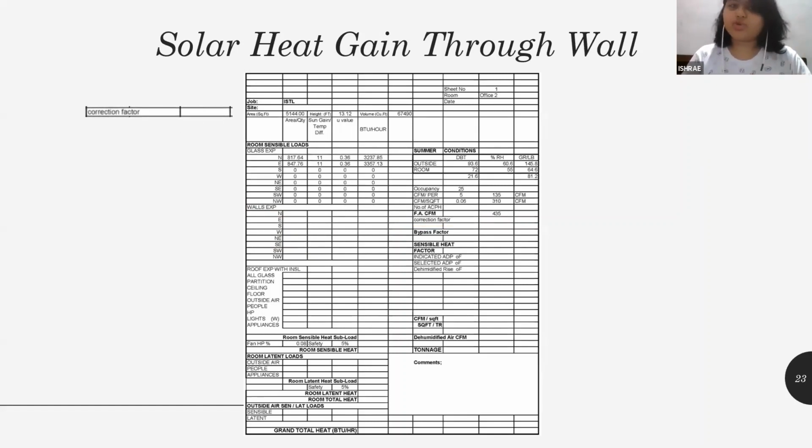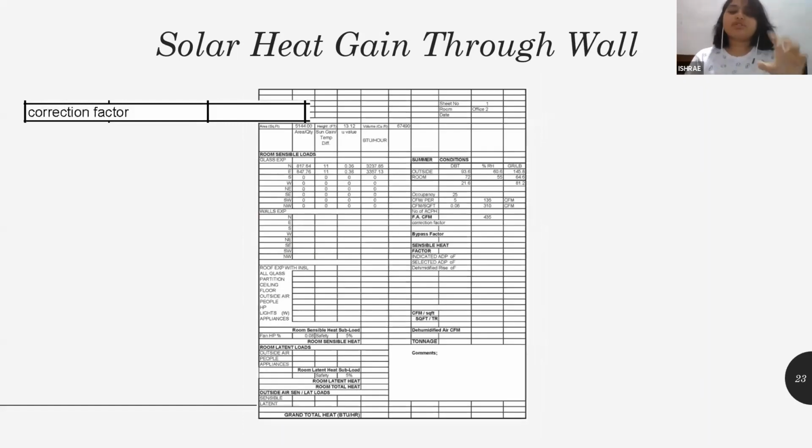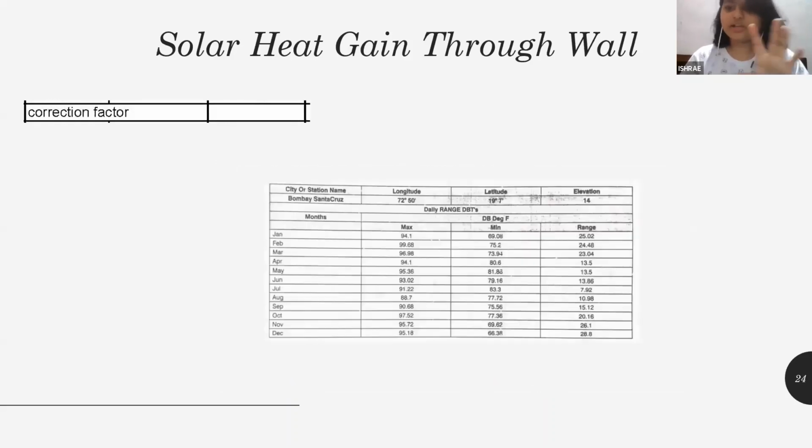Here I'm only going to show you how to calculate the heat load factor using the ISHRAE handbook. So this is the table that is used to calculate the heat gain. Here, the correction factor. So here you will be able to see a daily range on the horizontal line. Now what is daily range? The daily range is the average temperature range at which my location generally operates. So for Mumbai location, this particular chart is again given in the ISHRAE handbook.